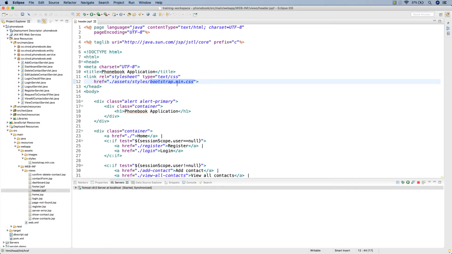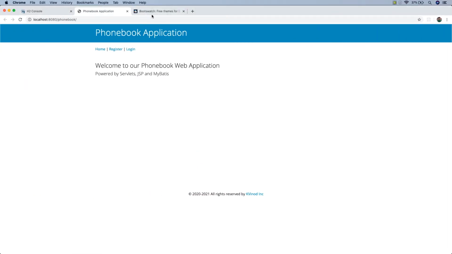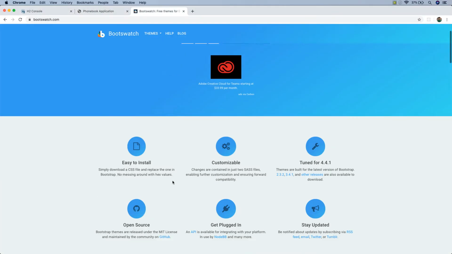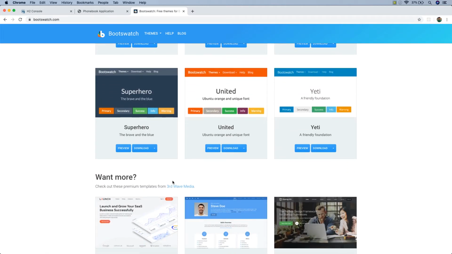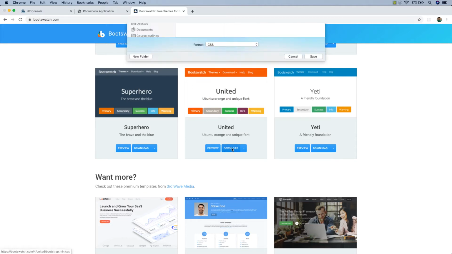We can make use of the cookies for the same. Currently, I have only one single file here, bootstrap.min.css. Let's add a couple more by going to bootswatch.com and then scroll down and choose 3 or 4 different themes of your choice. So I'm going to select this one because that has a totally different look compared to the one that we have. Let's click on download, and it's going to download that with the same name,